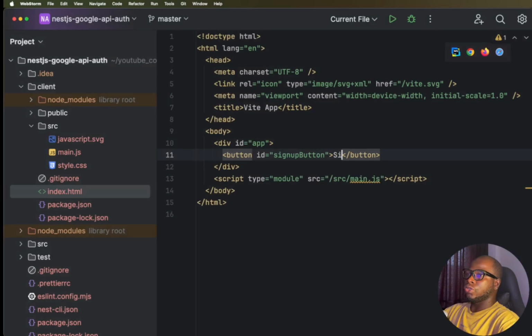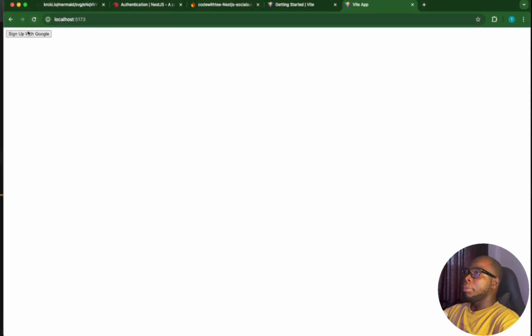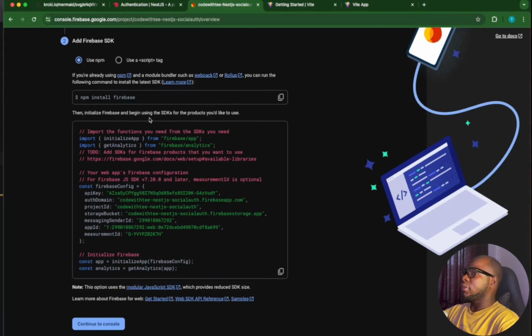Yeah, I'm going to sign up with Google. All right, so this basically states the particular buttons that are going to be on your web page. Now remember, we have this Firebase